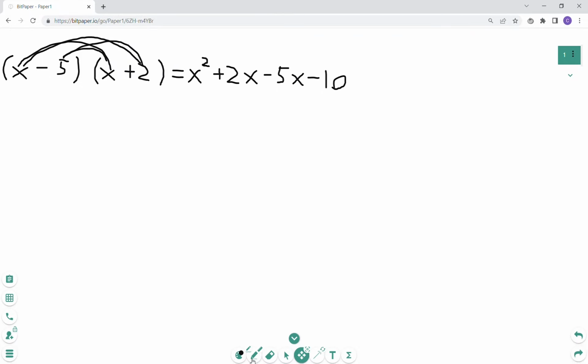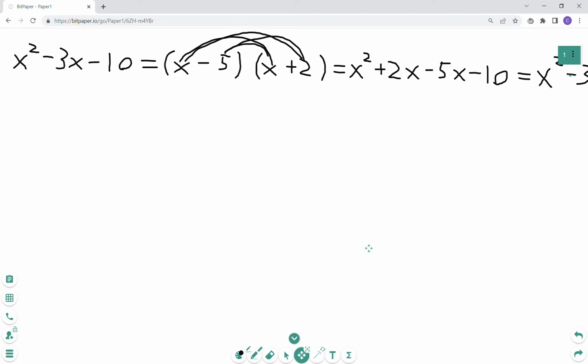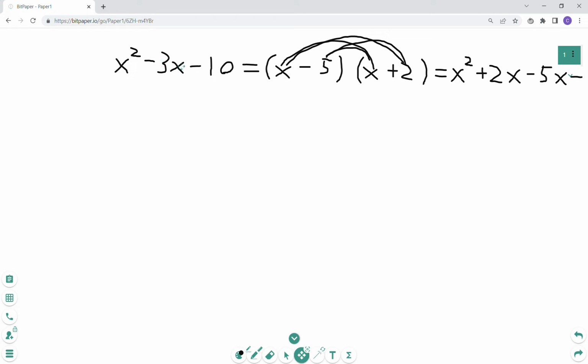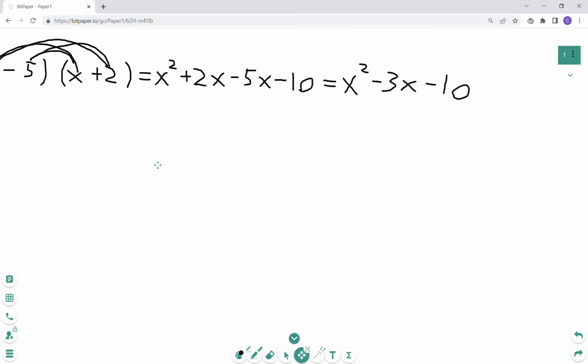Now I can combine like terms in the middle here, because I have 2x minus 5x, and that's going to give me a negative 3x. So I have x squared minus 3x minus 10. And now, this should agree with what I started with. I started with x squared minus 3x minus 10. And what did I get? x squared minus 3x minus 10. So that means this checks out,